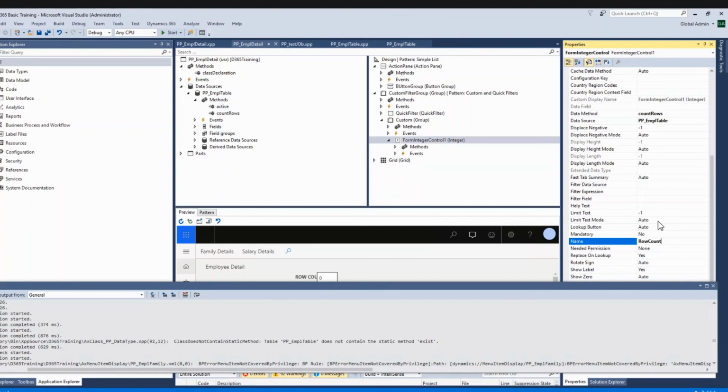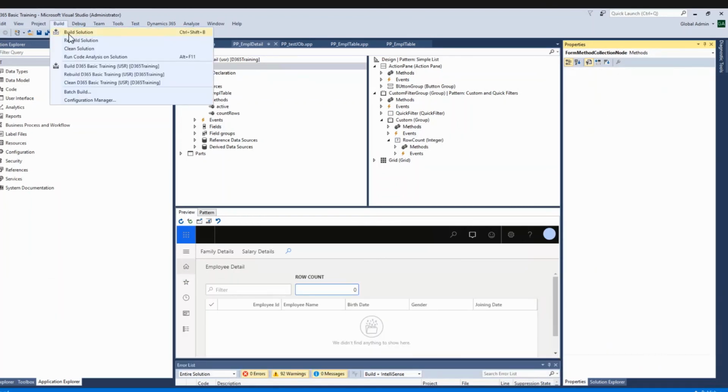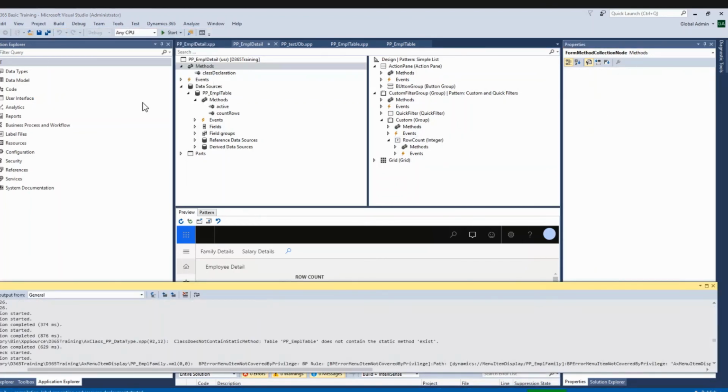So in the preview you can see it's added. I will build this. So what we did is we created one display method, countRows, and we added one control where we added this data method directly in the form.